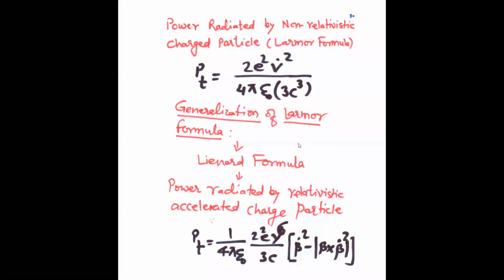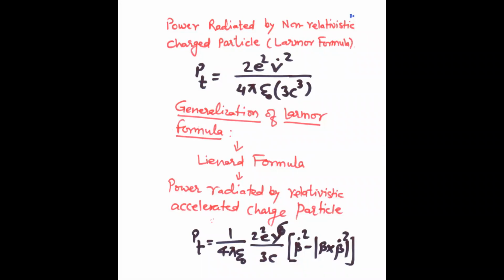And how this expression comes: you know that these expressions are derived by taking the electric and magnetic fields produced by the charged particle, and the electric and magnetic fields are derived using the LW potentials A and phi. So step by step we do this. First we have derived the LW potentials. With the help of those potentials, we derive the E and B fields, and then the E and B fields finally give us the Poynting vector and the total power radiated by the charged particles.